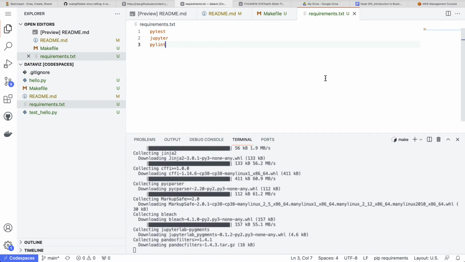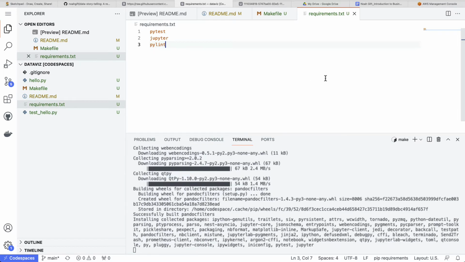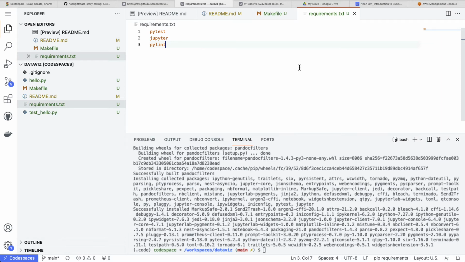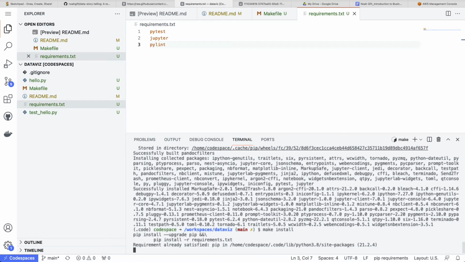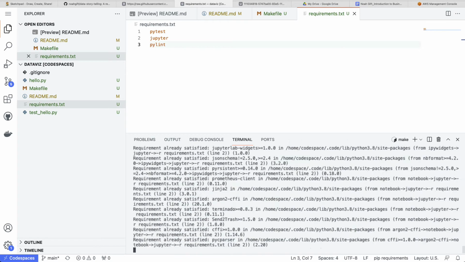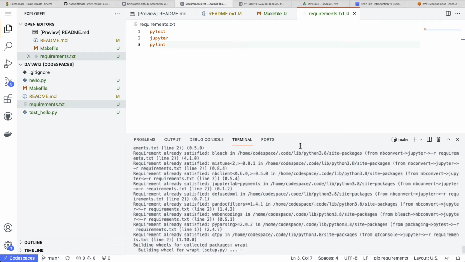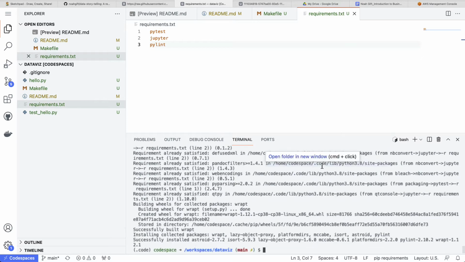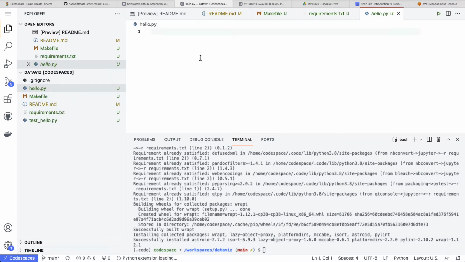And what will happen is that this should install everything here. There we go. So we've got this installed. I'm going to do make install again so that I can also install the lint tool. There we go. And then really just to show you very, very quickly why this is a neat thing to be aware of, even for a data scientist or a business analytics person, is that I can really quickly